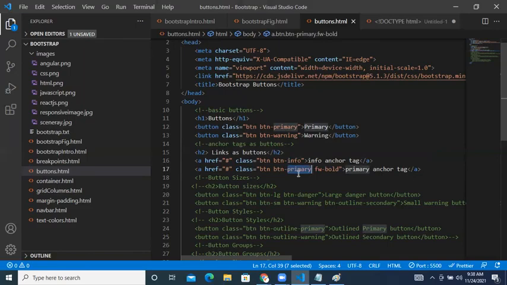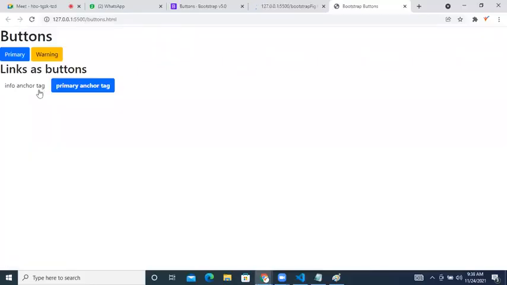But if I'm using primary, I am getting dark blue here. So based on the class name, it will change. Now, if I want to make it as a danger button, what is the name that we saw for danger? Yeah, it's danger. Now, if I just change that to danger,